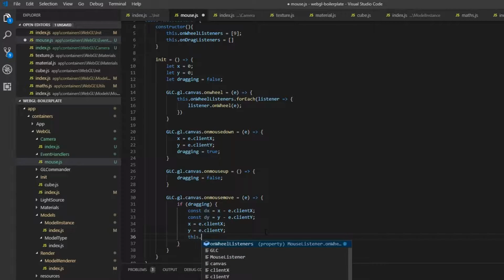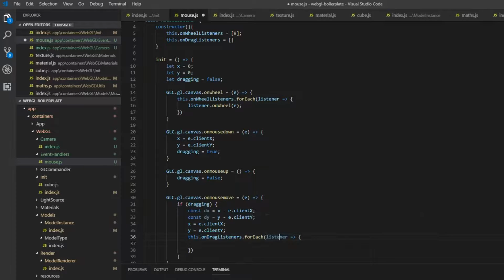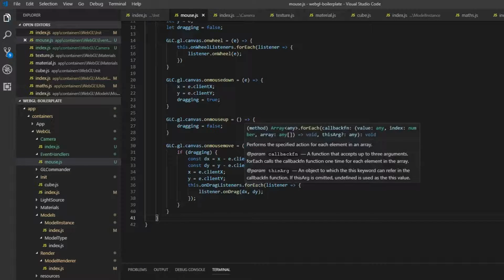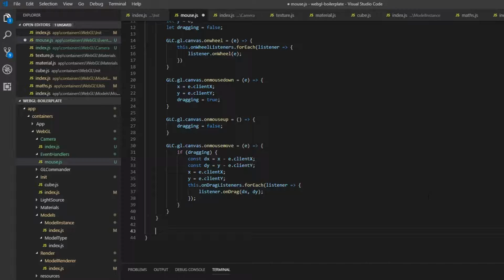And then we're going to call this.onDragListeners.forEach listener, and we're going to call listener.onDrag with our dx and dy, so the difference in the positions of the dragging. And then we'll also need to add a couple of functions to subscribe to these listeners. So subscribeToDrag, and we're going to throw in the listener. So this.onDragListeners.push the listener,